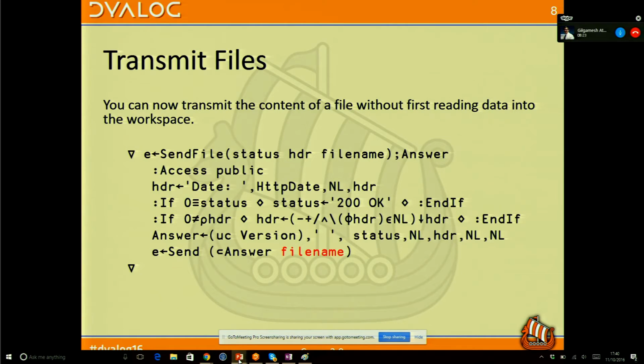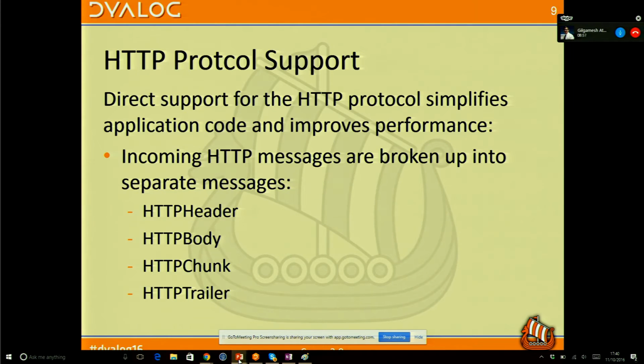We've built something here called answer, which contains a little bit of HTTP header information, status information, and so on. But then as a second element to this array, you can just give it a file name. So if you pass a nested array of some HTTP and a file name, then Bjørn's C code will take care of chunking and blocking that file and sending it in reasonable pieces down to the client side. Whereas before you would have to write your own loop, reading a reasonable amount of data at a time, and then move on.